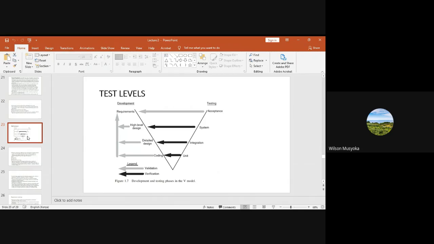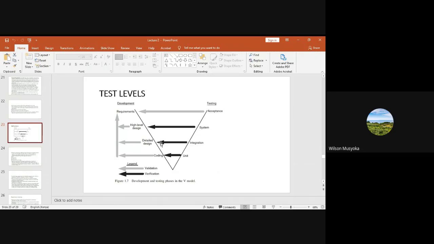Then, when you are performing these tests, there are some specific levels at which you normally do them. So we start with unit testing, and with unit testing, like I had explained, it is normally performed during coding, and you test specific modules or components or units of the entire system to see if they are performing as expected. Then after that, we normally perform integration testing, whereby you are combining those components, then